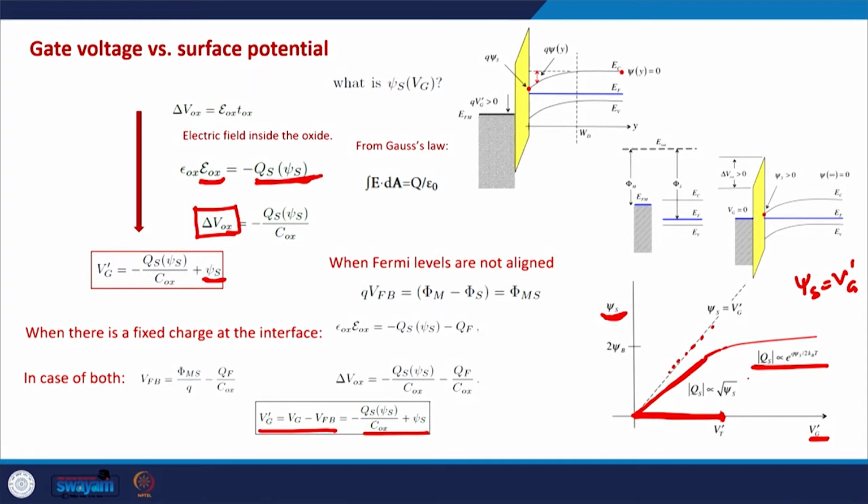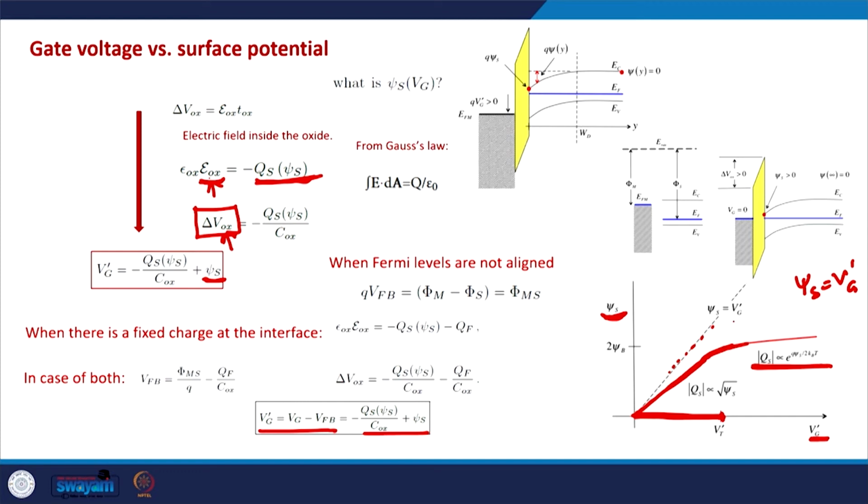That also increases the electric field in the oxide, and the voltage drop in the oxide. So after strong inversion, there is a huge charge buildup in the semiconductor that leads to a huge voltage drop in the oxide, and this psi s